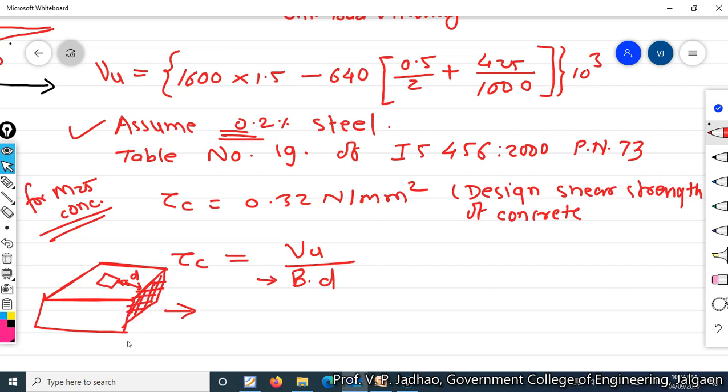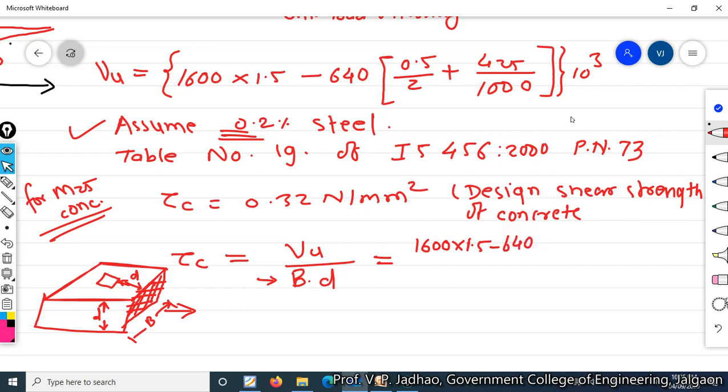Now this area is the length, width is capital B, that is the width of our footing, whereas the depth is small d. Therefore this value comes out to be Vu upon Bd. Now we have this value Vu is equal to 1600 into 1.5, 1600 into 1.5 minus